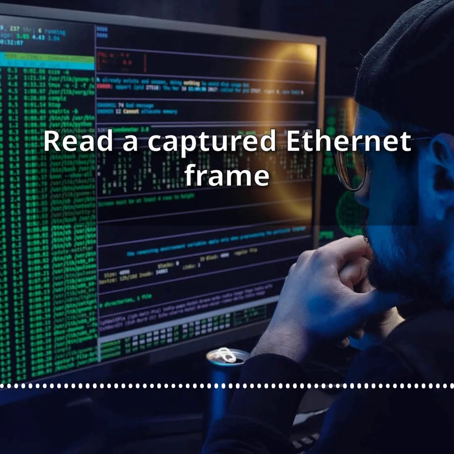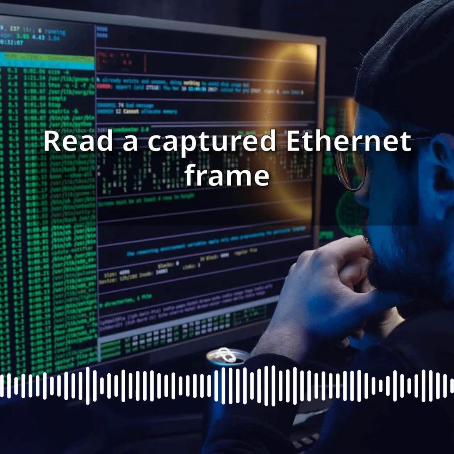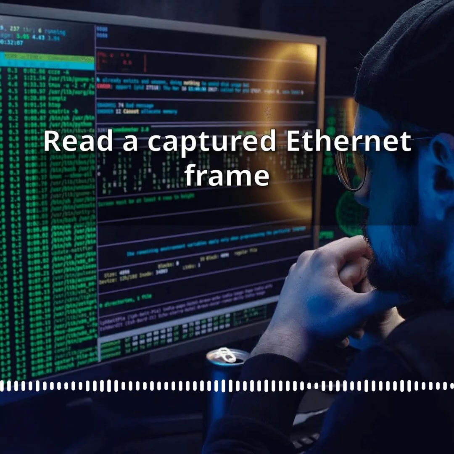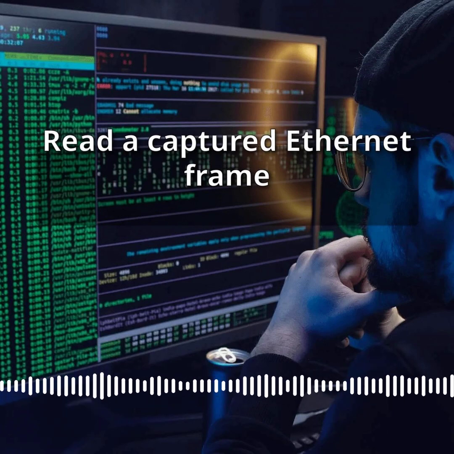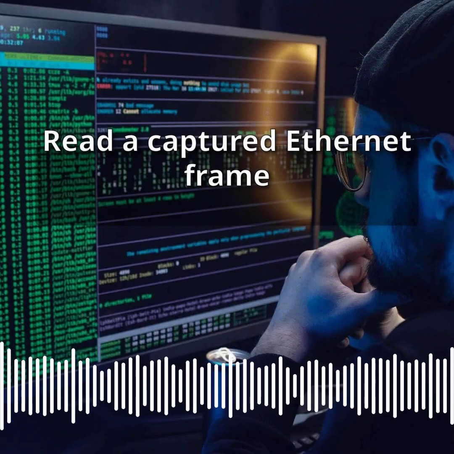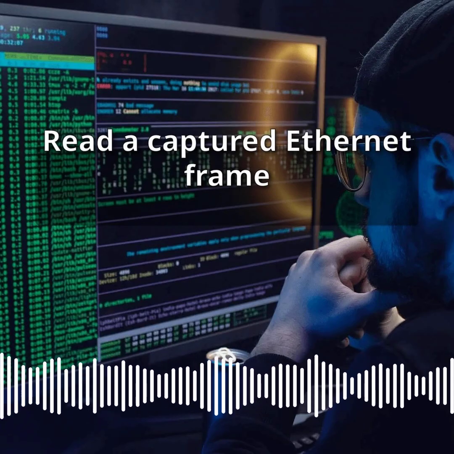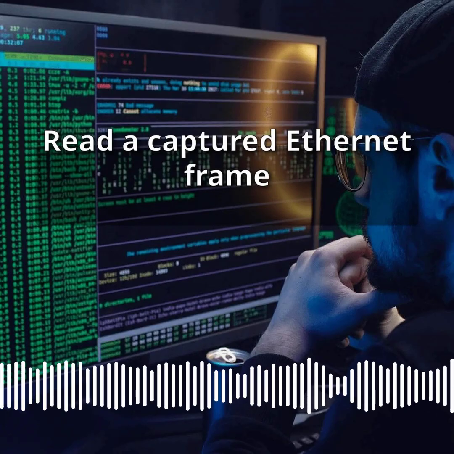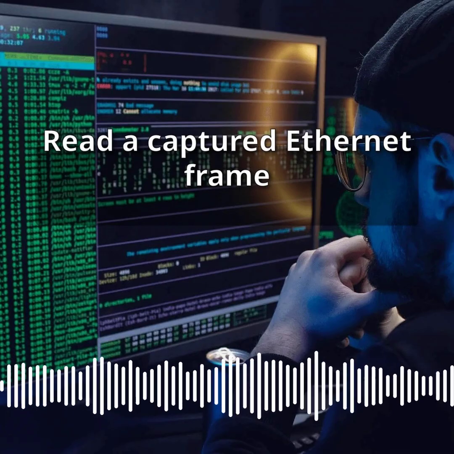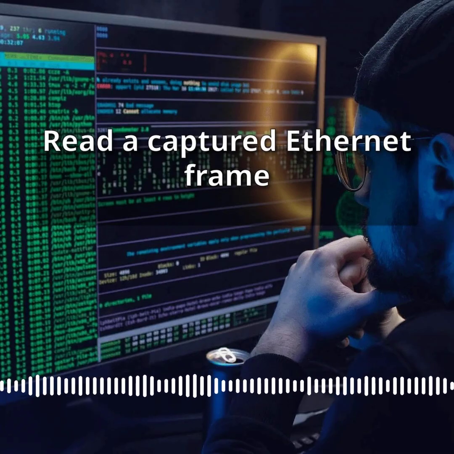A common mistake beginners make is confusing MAC addresses with IP addresses. MAC addresses are hardware identifiers burned into network interface cards and operate at Layer 2. They are used for local delivery only. IP addresses operate at Layer 3 and handle routing between networks. Another frequent error is overlooking the EtherType field, which is the key to understanding what protocol lives inside the